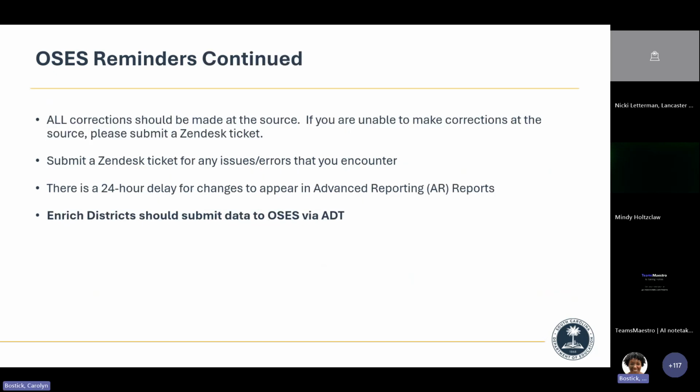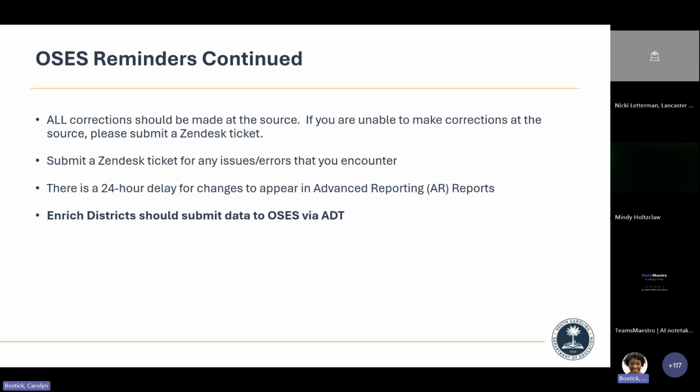Just remember that all corrections must be made at the source, right? And if you're unable to make a correction at the source within your system, please submit a Zendesk ticket so that they can investigate to determine why that is happening, and they will assist you from there.